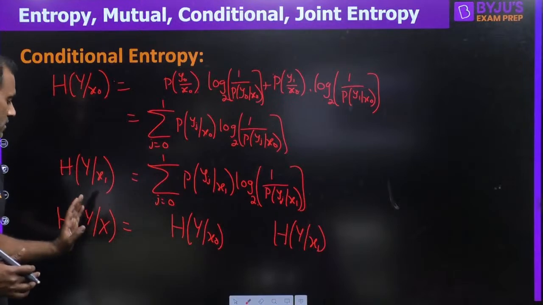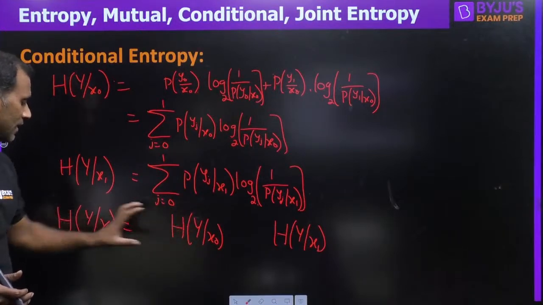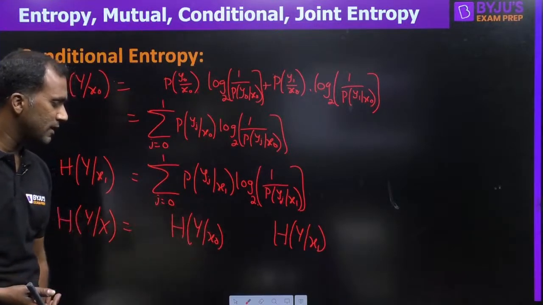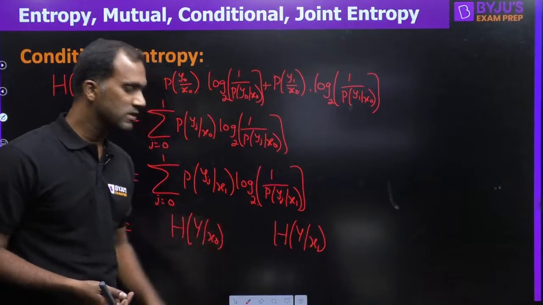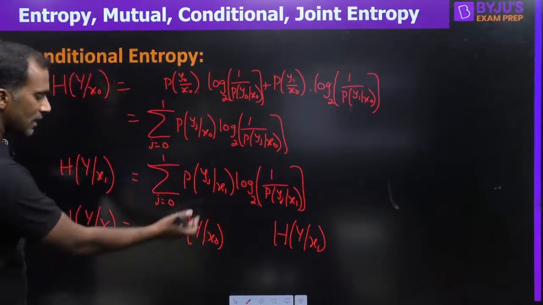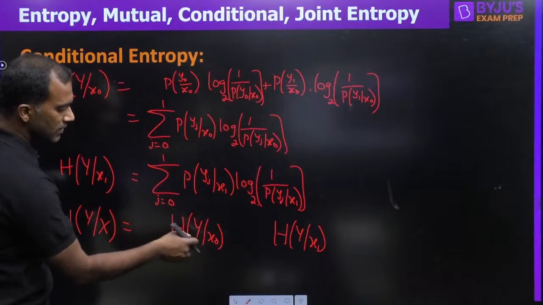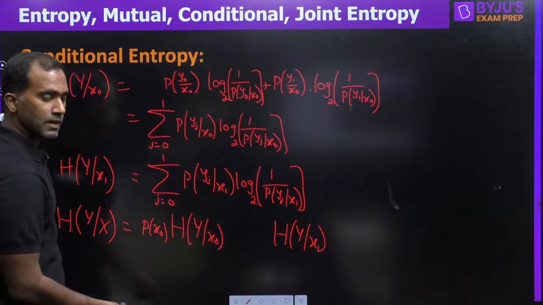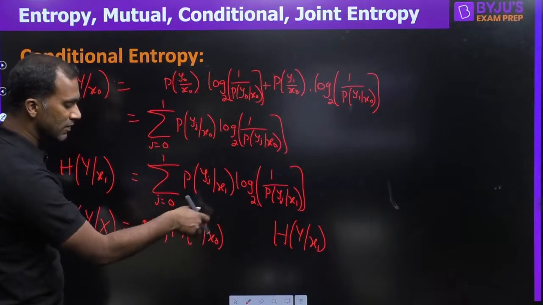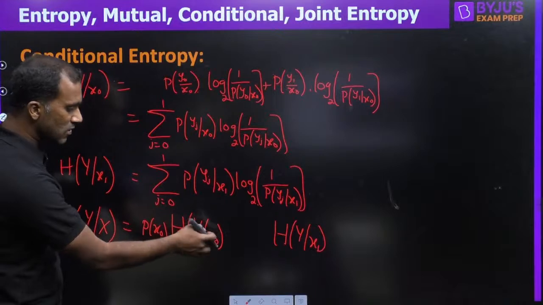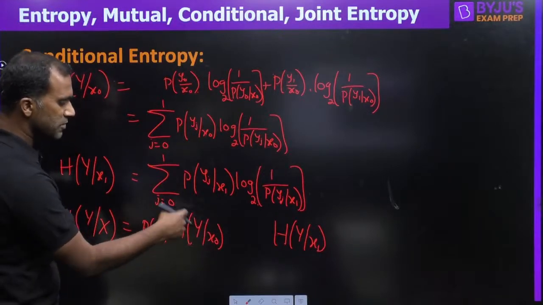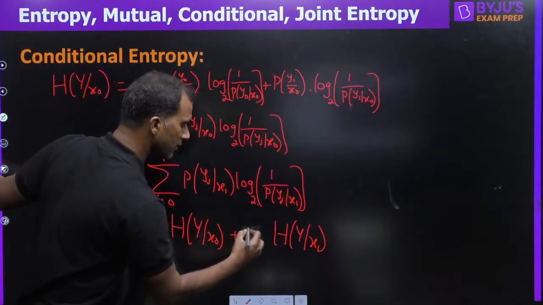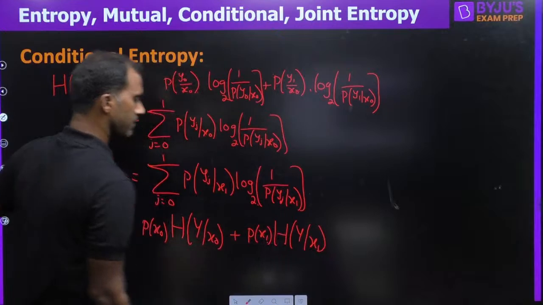So let us divide it into 2 cases. We want to find information in y when x naught or x1, both of them is transmitted, right? So let us find the information in y when x naught is transmitted, and the information in y when x1 is transmitted, and let us average both of them. And with what probability does this happen? This happens with the probability of P of x naught, because the condition given is x naught. Under the given condition that x naught is transmitted, we are finding the entropy. So since x naught happens with the probability of P of x naught, this information also happens with that probability, and this information happens with the probability of P of x1 in the same manner.